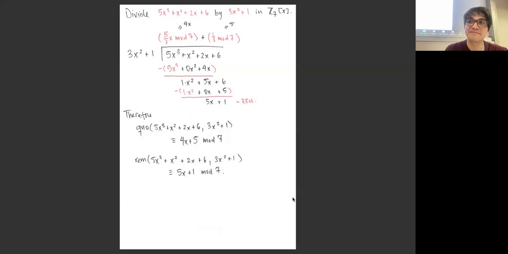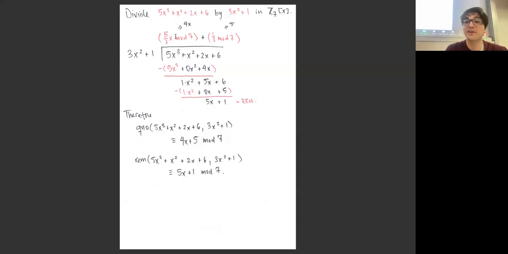5 over x. Is 1 over x a polynomial? No. So we can't use it. Right? Not now, not here, not in our number system. So we can't do anything else with this. So once the degree of this is strictly less than the degree of the thing you're trying to divide out